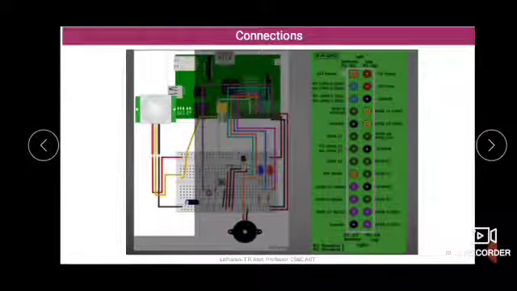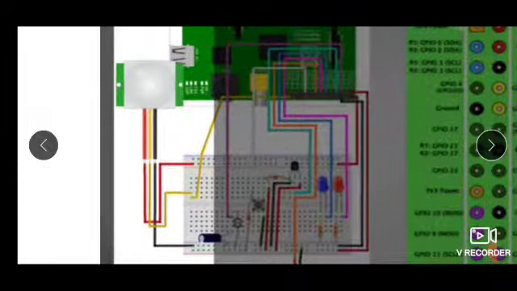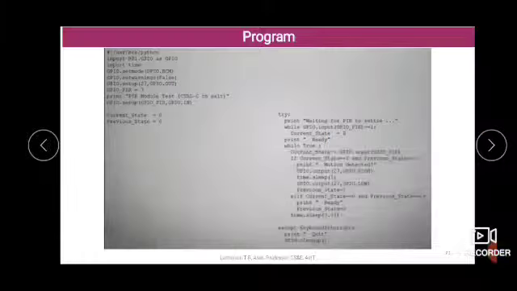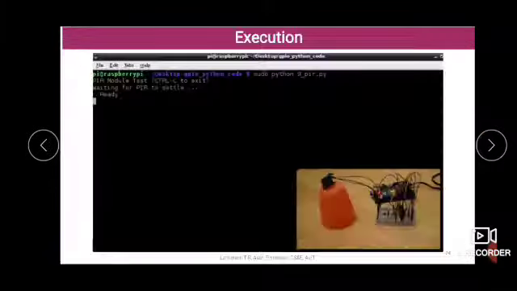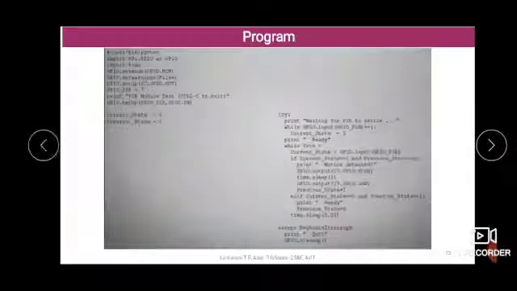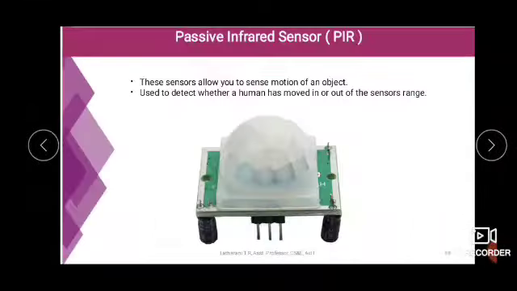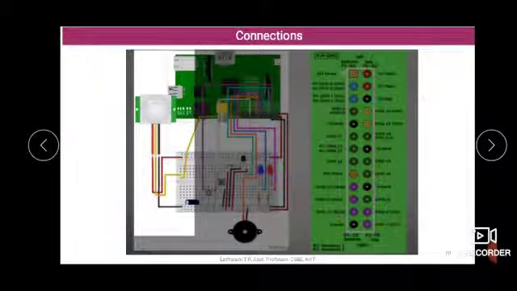So these are the connections made here. You can see it has 3 pins. So what are these 3 pins connected to? One is connected to the power supply with the red cable, you can see.